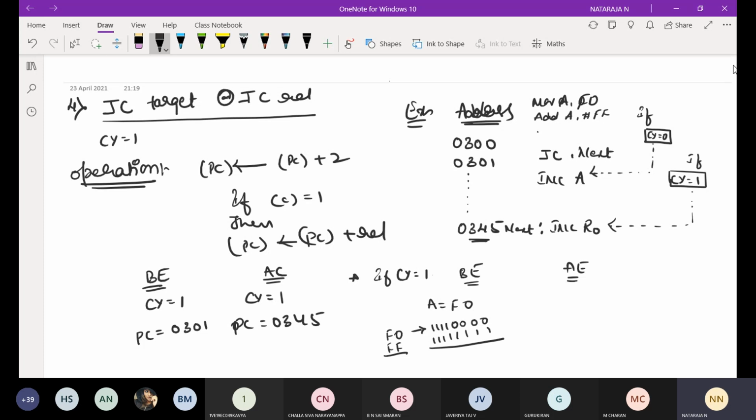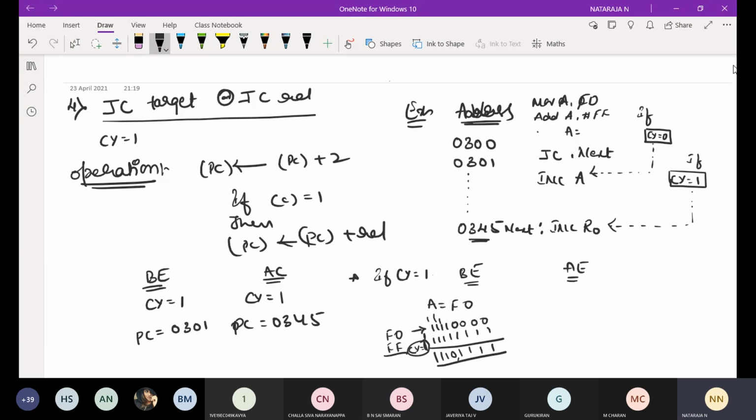Now I'm going to take an example to show carry equal to 1. Add all these 1s. I'm going to get 1 plus 1 is 0, carry 1; 1 plus 1, 0, 1, carry 1; already 1 plus 1, carry generated; 0 plus 1 is 1; 1 plus 1 already carry generated; 0 plus 1 will get 1. This is the answer I'm going to get, but we are going to generate a carry. In the accumulator, it will store this value. What is the equivalent of this value? It will generate F.